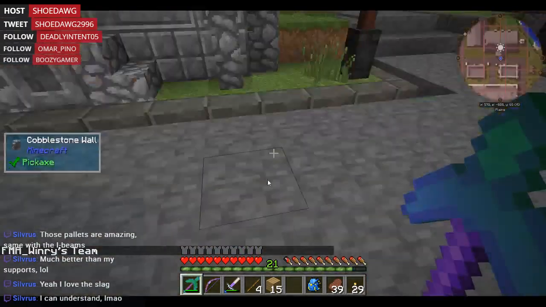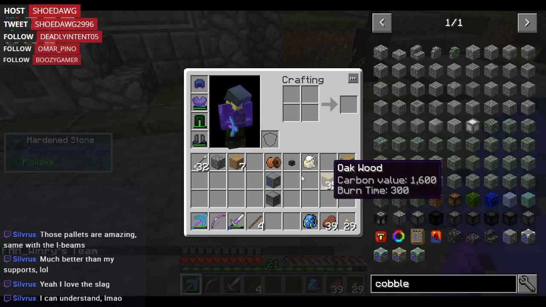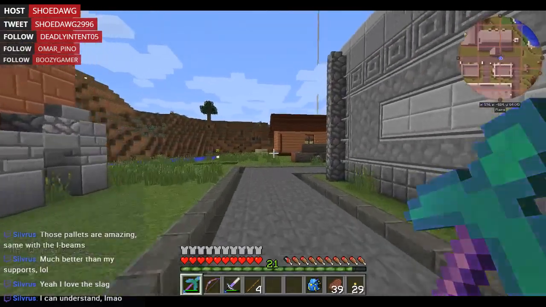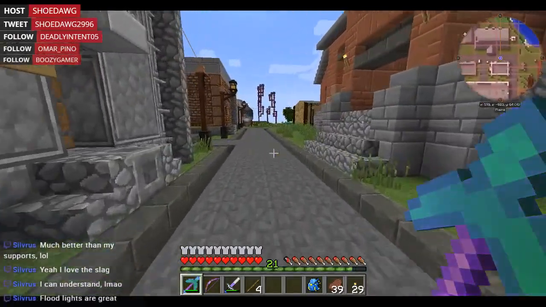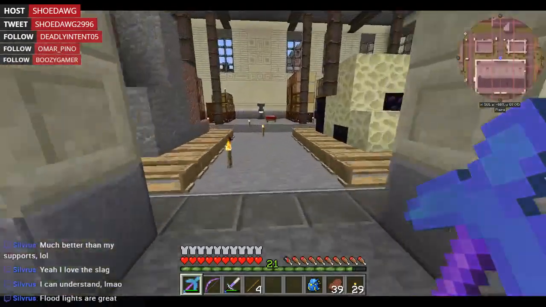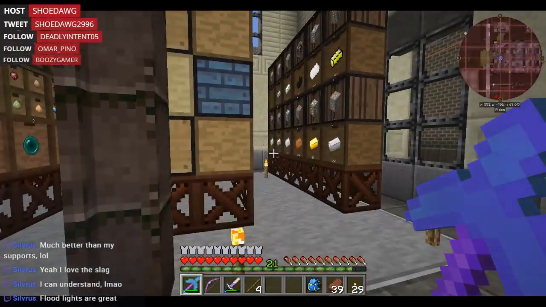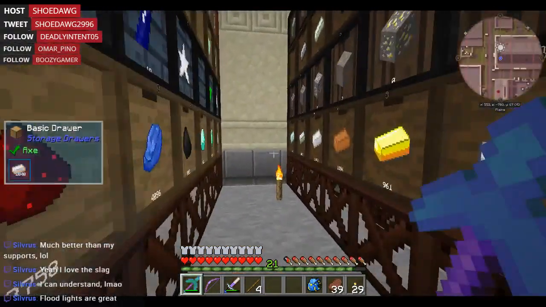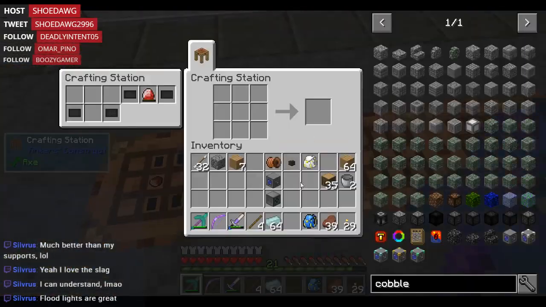Okay, so back to what we were working on. I think I have everything to get started. No, we need filters, because I'm going to need to say that the crafter only gets wood and cobble. So I need some aluminum. Alright. We need to make...